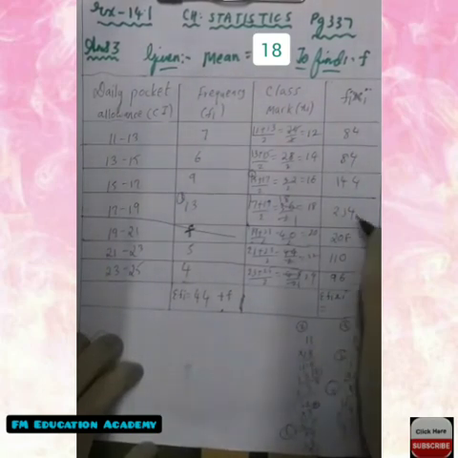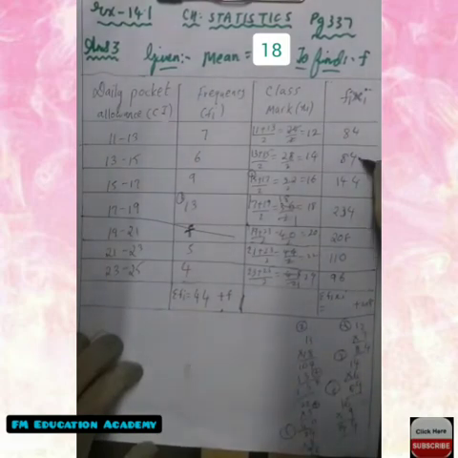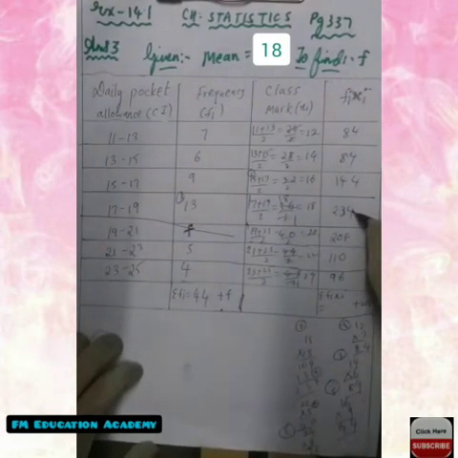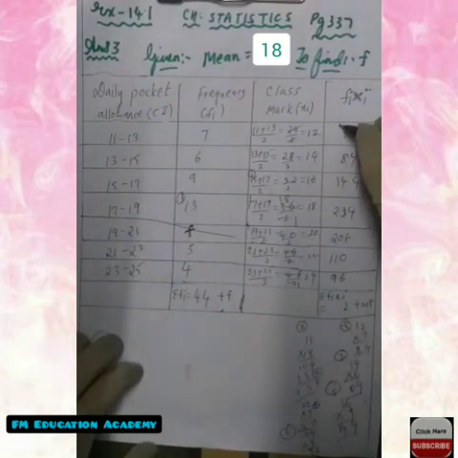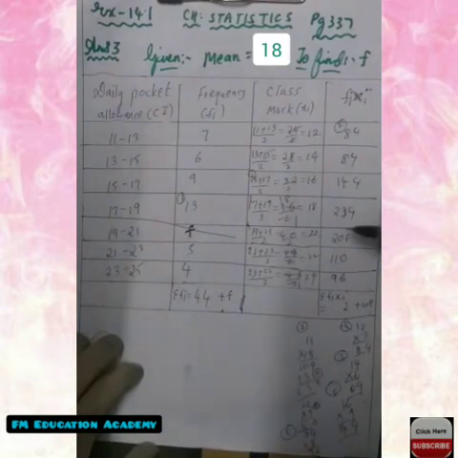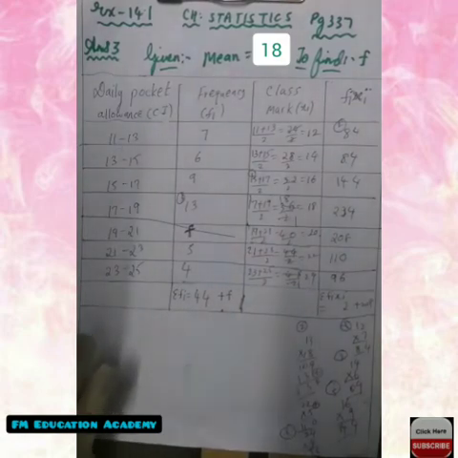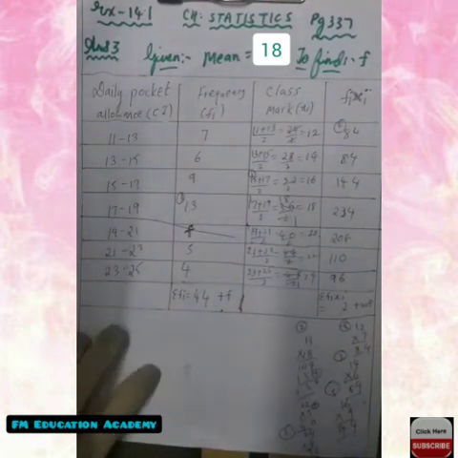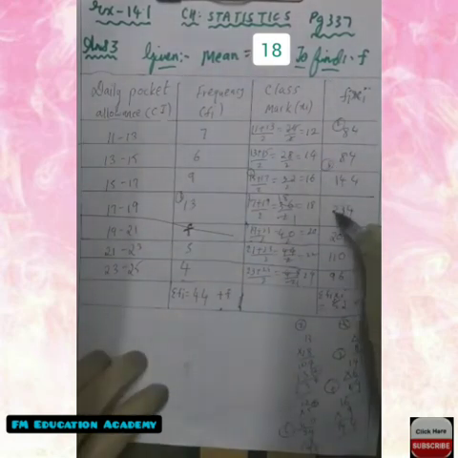So add all these and keep the variables of f on one side. The variable of f here is 20f, so I am keeping plus 20f separately and I am adding the numbers. 4 plus 4 is 8, 8 plus 4 is 12, 12 plus 4 is 16, 16 plus 6 is 22. Next, 8 plus 2 is 10, 10 plus 8 is 18, 18 plus 4 is 22, 22 plus 3 is 25. 25 plus 1 is 26, 26 plus 9 is 35. 3 plus 1 is 4, 4 plus 2 is 6, 6 plus 1 is 7.